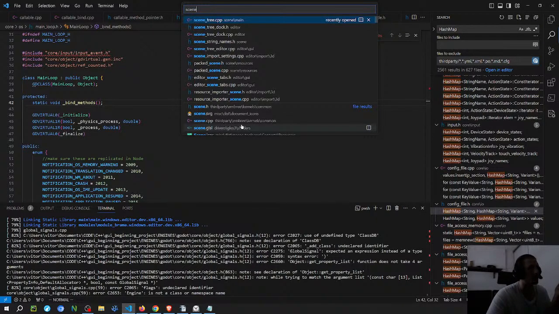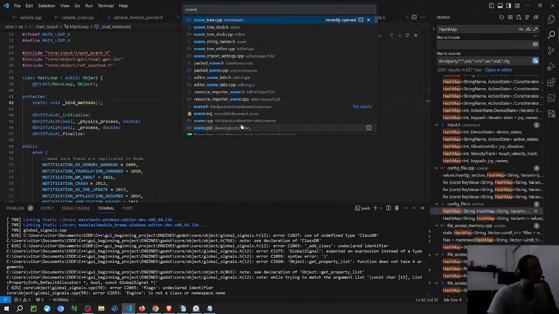So the question is, does it make sense for the global signals to be part of the tree? For the signals inside of the object, it does make sense because object is the base class, and that's the whole point: each object is a part of the tree. But for the global signals, I'm not really sure it makes sense, because the whole point of the global signals is that it's one centralized point that connects everything that is external to the scene tree. But it might make sense to inherit from object.